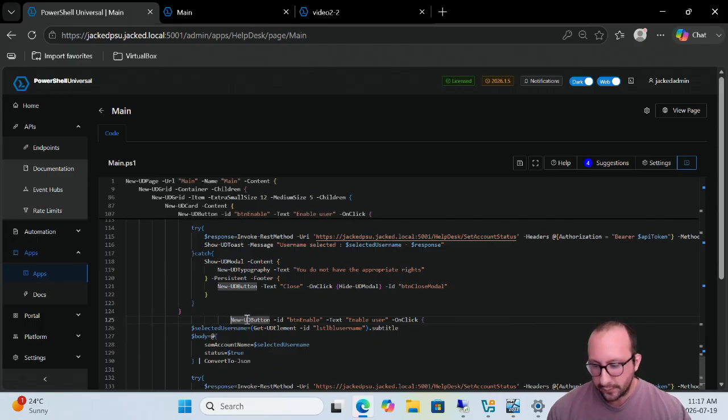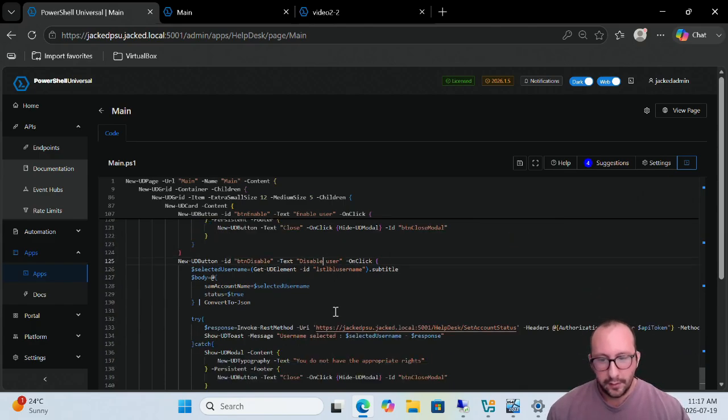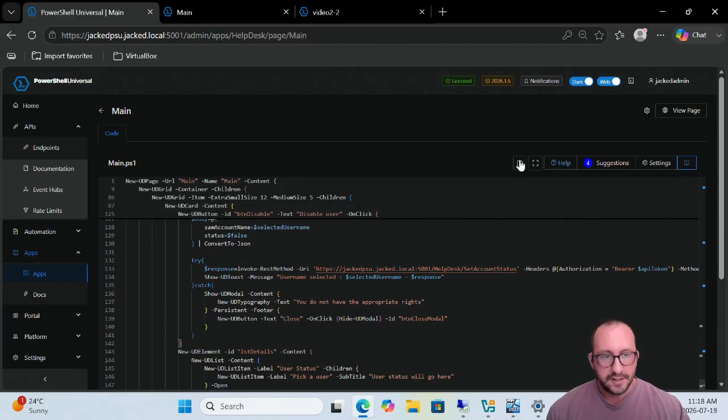And let's just fix the formatting here. And let's name this btn disable. And then this is going to be disable user. And the only thing that we actually have to change here is from status equals true to status equals false. And now if we actually save this,